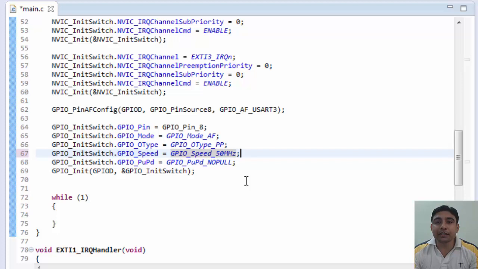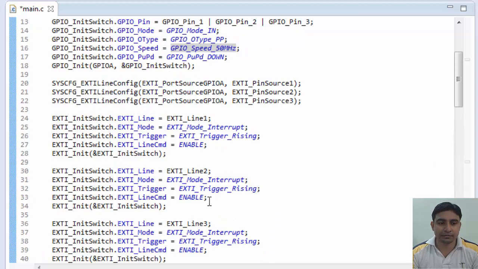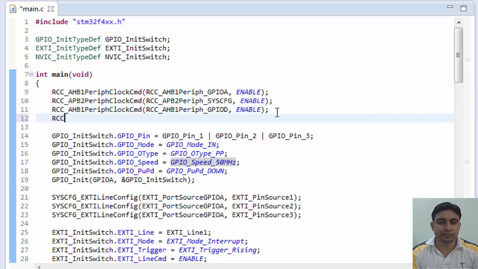Okay, so let's configure the USART3. First, we have to start the clock of the USART3 peripheral. Now let's configure and initialize the USART3 peripheral.